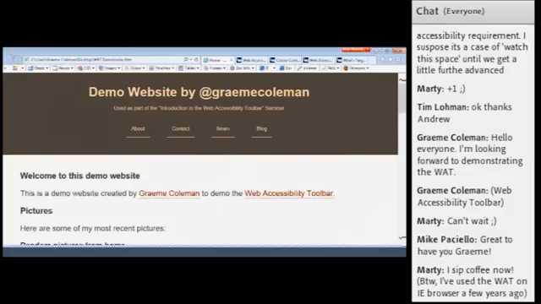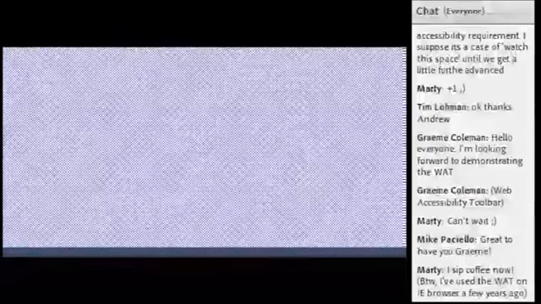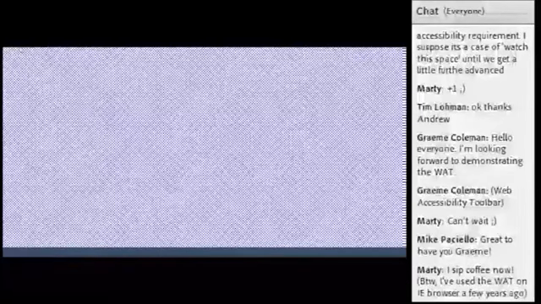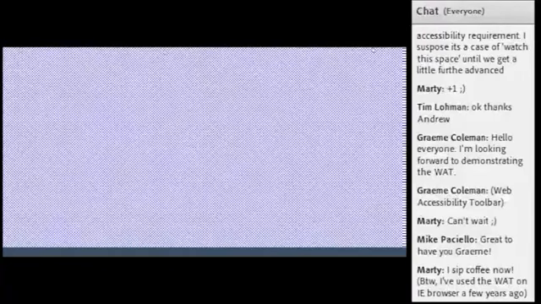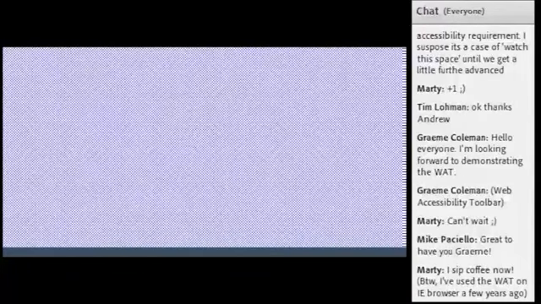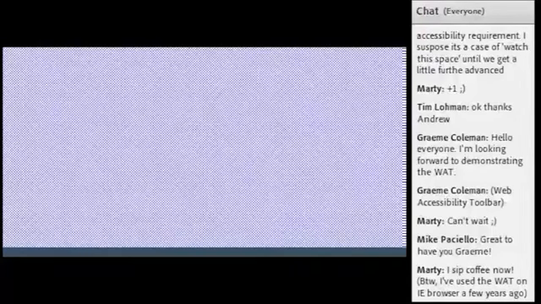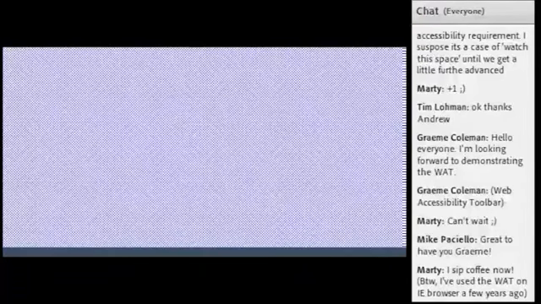I'm delighted to be talking to you today about the Web Accessibility Toolbar, which is a resource that we provide to help both developers of websites and fellow accessibility consultants to test and evaluate websites for accessibility, to see some of the issues that might arise when you're developing a website, and to get a very basic idea of where potential issues might be arising.